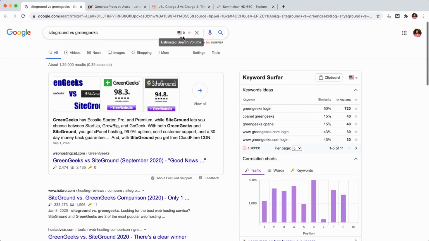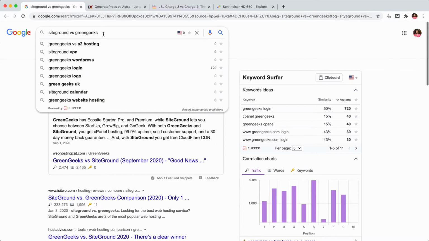If Google is suggesting something, there will be people searching for these keywords no matter what these tools say. Because in hosting, even if you get 10 to 20 visitors per month, it's a lot, because you will be earning a lot of commission with hosting affiliate sales. You don't need to worry about the search volume being zero here. It's factually incorrect.